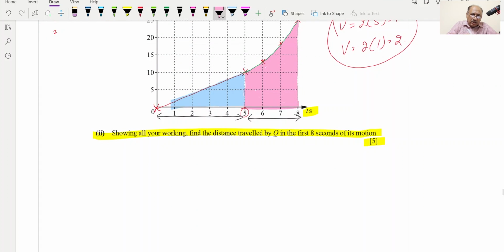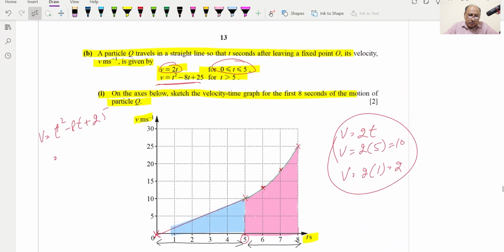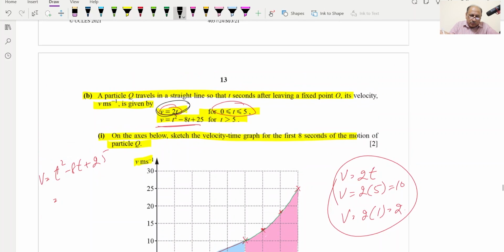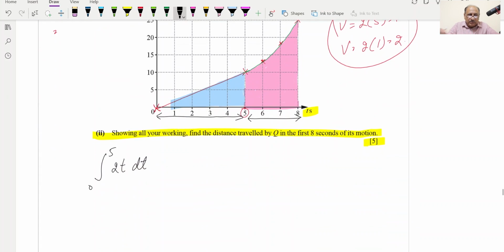Now for both integrals, I will be using integration. So integration from 0 to 5, and the value is 2t dt. From where did we get 2t? This one, v equals 2t. For the second curve we will be taking this equation, t squared minus 8t plus 25, and that integral will be from 5 to 8. So we'll add this one from 5 to 8, and the integration will be for the curve t squared minus 8t plus 25 dt. The integral of 2t will be